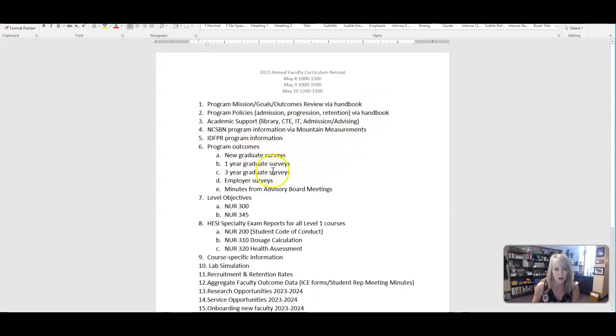When we look at program outcomes, we need to look at our new graduate surveys. This is a survey that Deb puts in Nursing 455. I send out the 1-year surveys, and I'll be doing that. Which leads me to the 3-year we don't have, and then I will send out some employer surveys